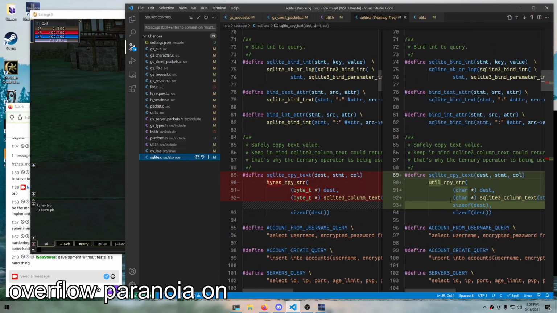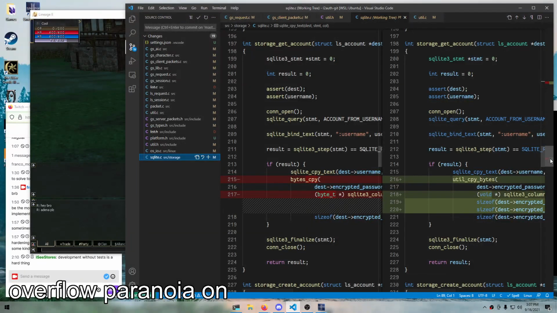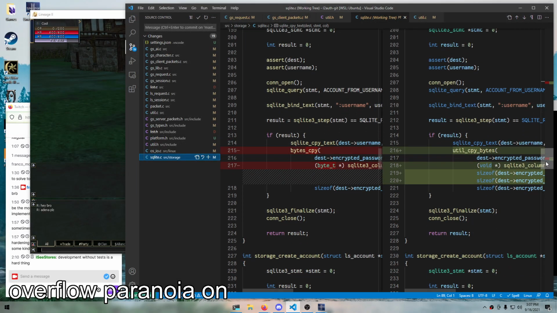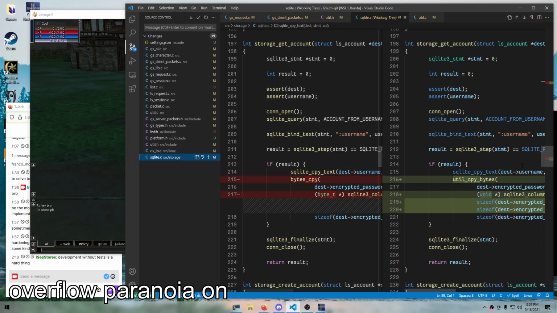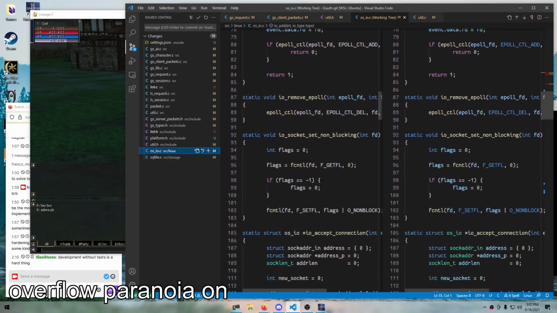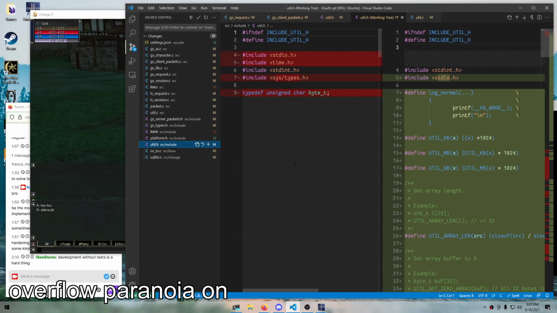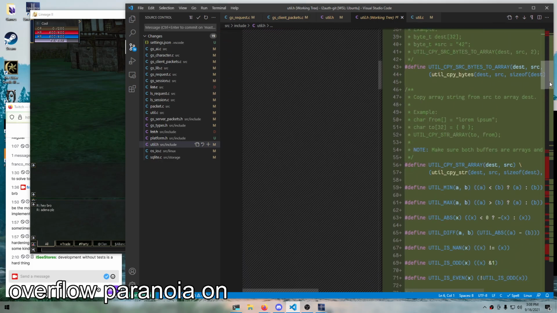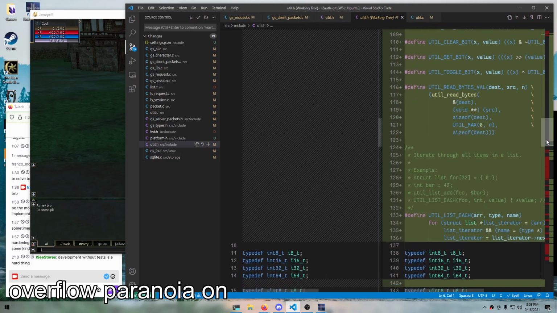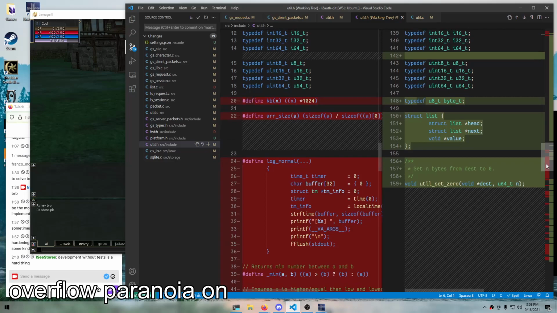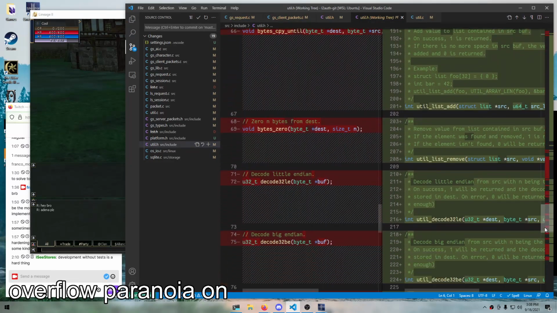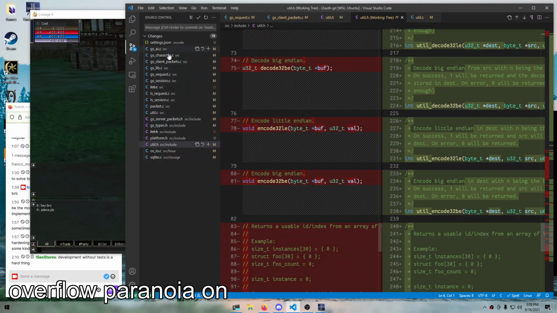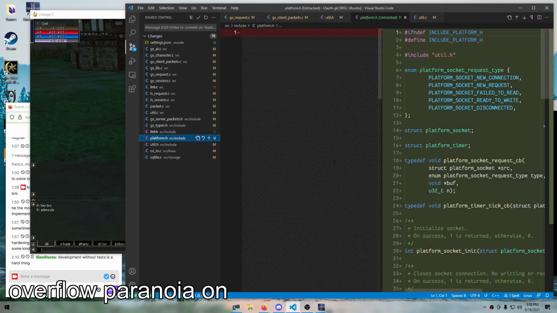Yeah. And we still have to fix some parts of the code where I'm using hard-coded values or not even passing the buffer size. And then I have to update the login function and implement the new platform layer. And I think so in the new platform layer, which is here,